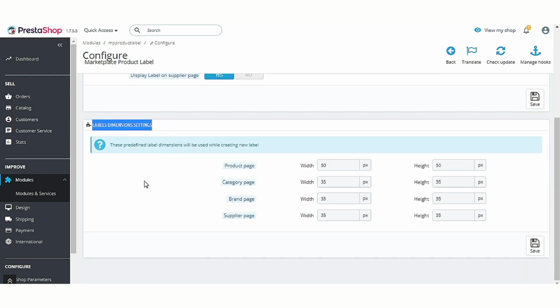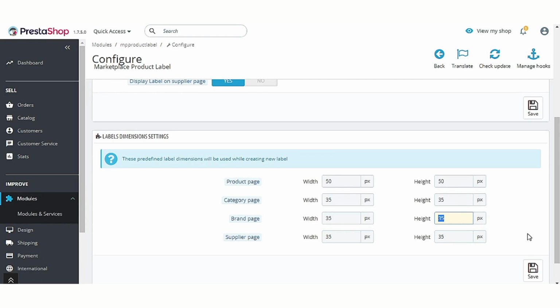Under the label dimension settings, admin can configure the dimensions of label for product page, category page, brand page, and supplier page.